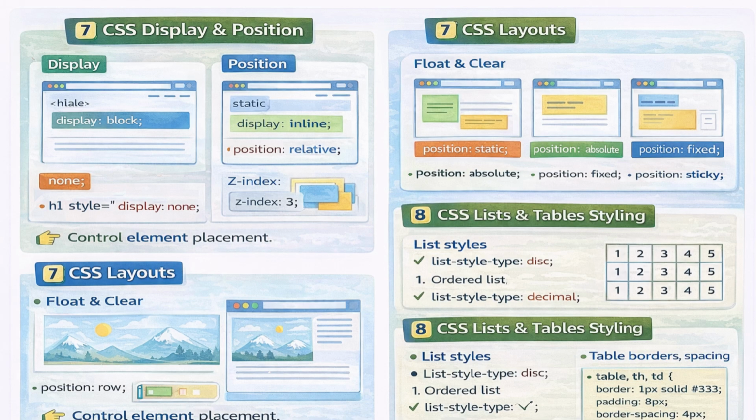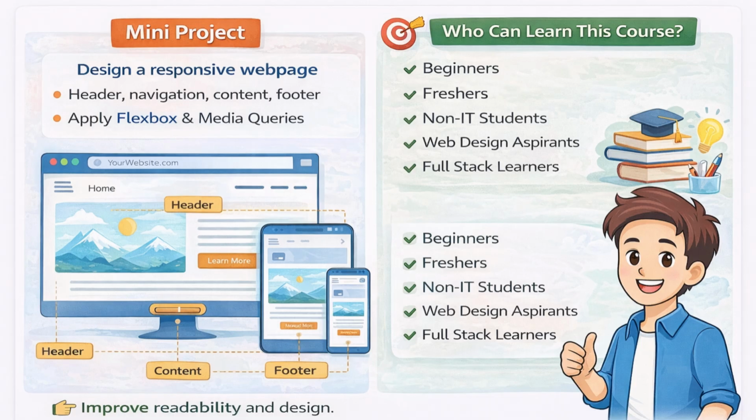Content, padding, border, margin, box sizing. CSS display and position: display, block, inline block, none; position, static, relative, absolute, fixed, sticky, z-index. CSS layouts: float and clear, Flexbox, row, column, justify, align, grid basics. Mini project: design a responsive web